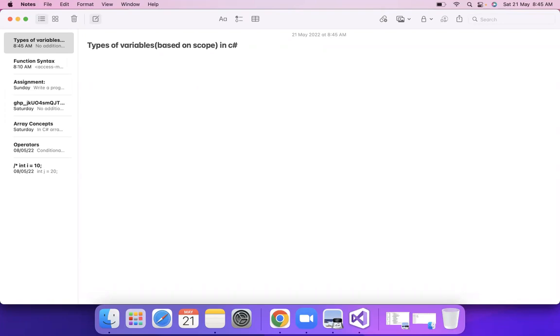Not based on the type of value, but based on scope. Based on type, we have primitive, non-primitive, and user defined, and then you have byte, short, int, long, and so many other things. Here, I will be talking about types of variables based on scope. So we have three types of variables: